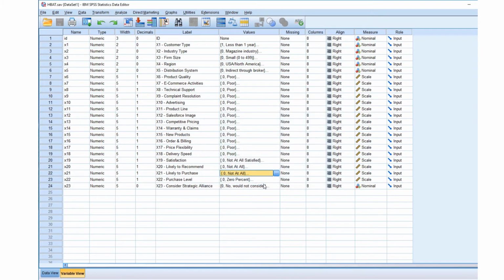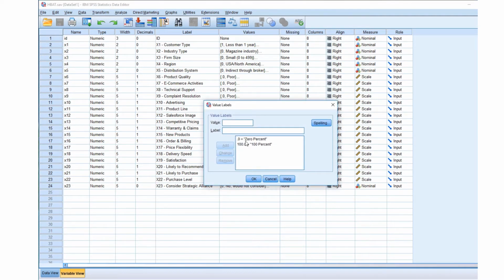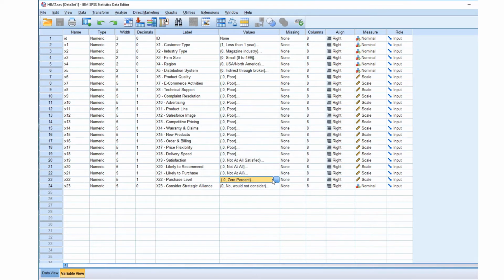And then finally here, that's interesting to look at is this scale here is from 0 to 100. This is a purchase level scale. So purchase level or usage level. Okay, so this is all information that's valuable to have, that helps us understand what the values mean inside the